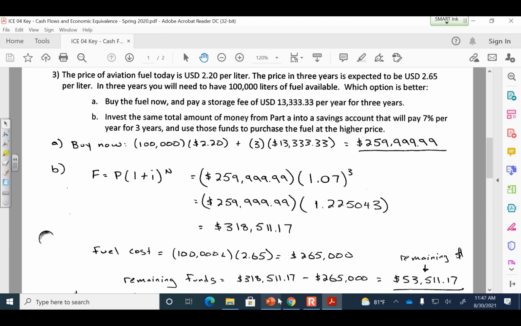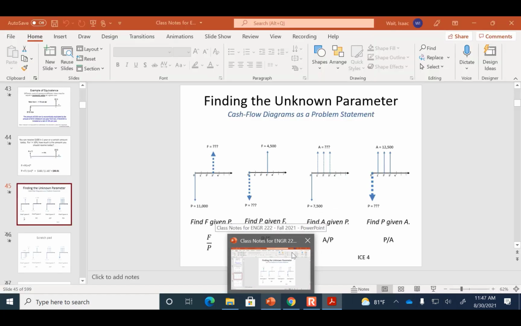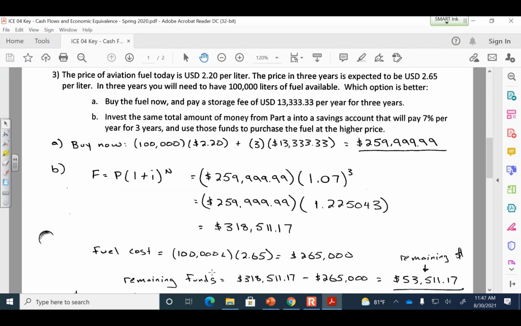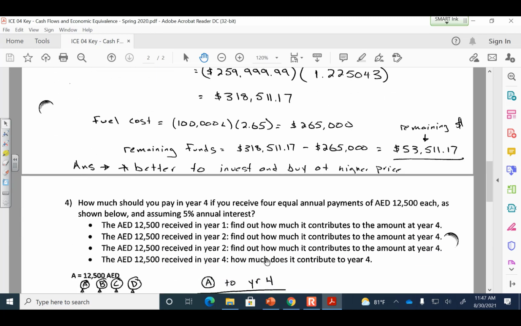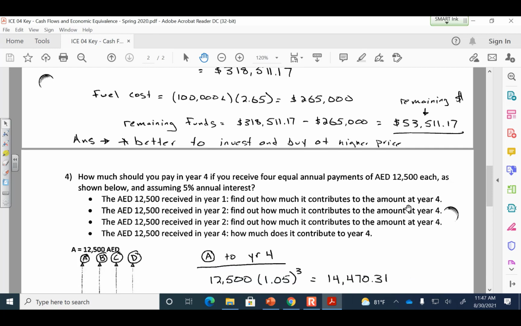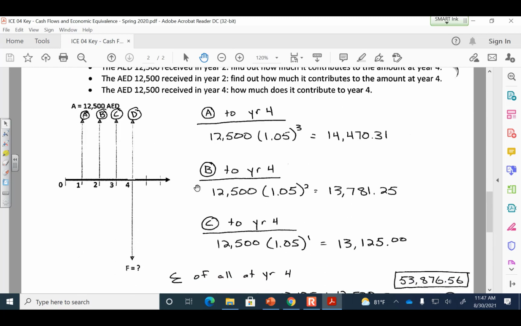Okay, on the back side we had the third problem, or problem 4. All right, let me show you how this one works. You maybe haven't looked at it yet, but let's talk through it together. How much should you pay in year 4 if you receive 4 equal annual payments of $12,500 each, as shown below? Now here's our cash flow diagram, and what I did was I labeled each one of these arrows, because